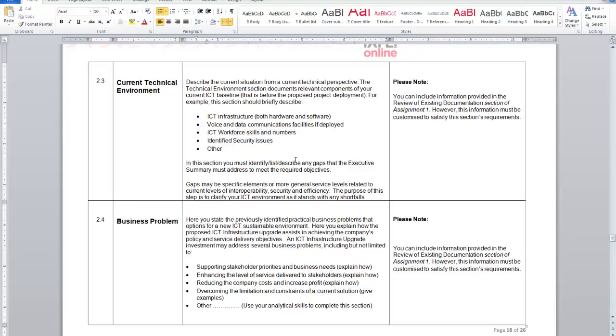For example, if you are working on the case study, prior to the proposed network upgrade, what was their ICT infrastructure requirement? It was very poor. They had peer-to-peer networks, things of the 1990s. Yes, the company was very profitable still, but they lost market share because of the daunting problems that they had. They didn't want to invest a couple of million dollars to drastically upgrade all their operational sites, and they were